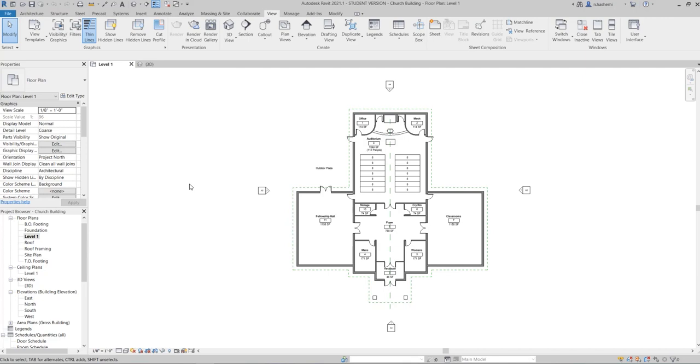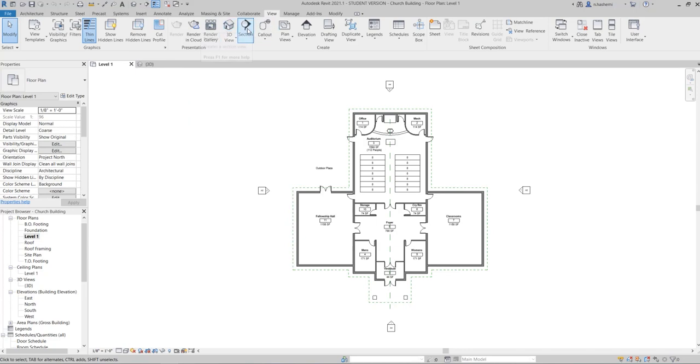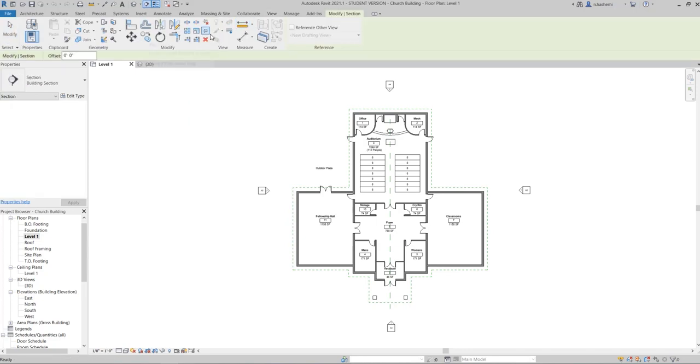Now we want to see how to create a section. Okay, so we have again the section button here at the top in the quick access toolbar here, and also in the view tab, this one, section. Creating a section is very, very easy. You just need to click on this button or this button. They are both the same, and just click here wherever you want, actually, and then pull it across to wherever you want, and then just click.